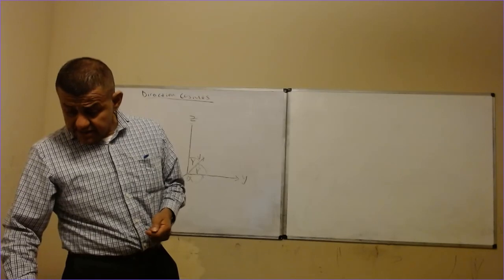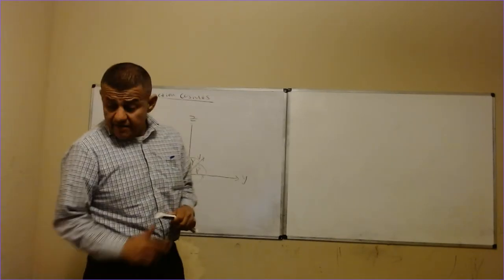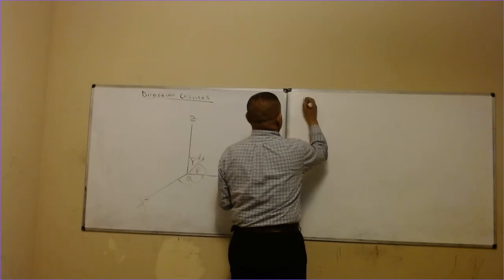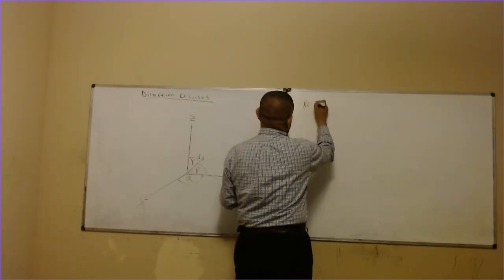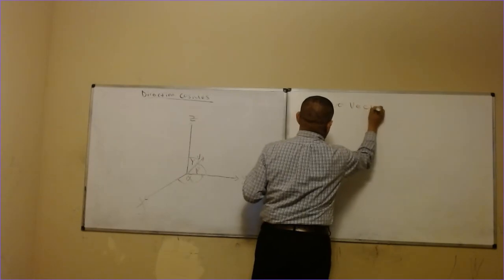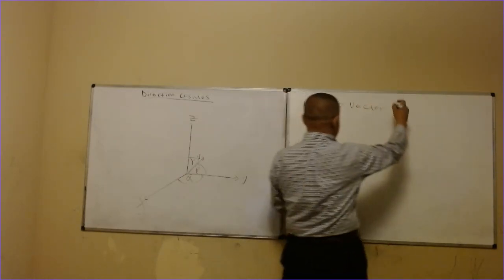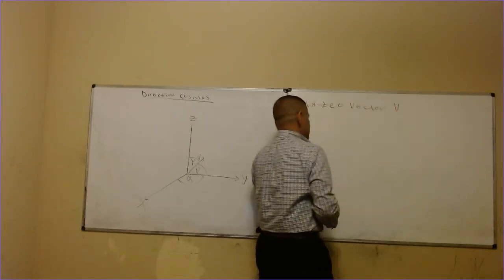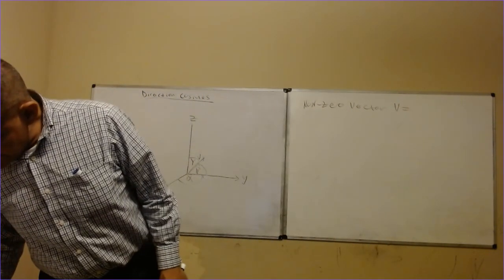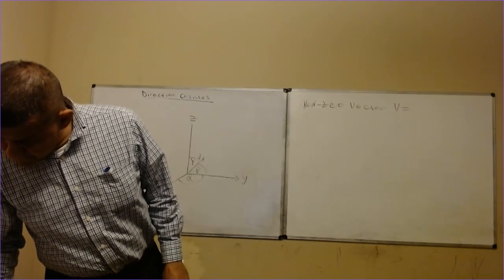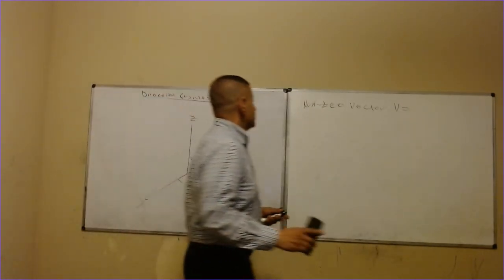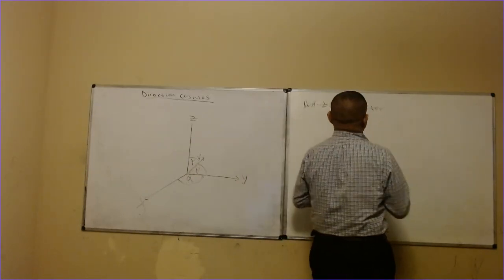So what they're saying is that if we have non-zero vectors, non-zero vector V, for example, then we can say that non-zero vector V, or you can actually say non-zero unit